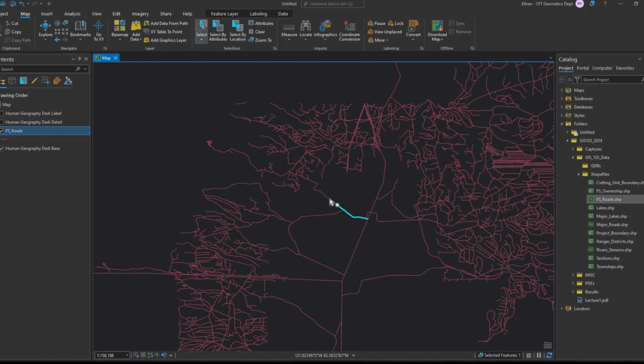If I hold shift when I'm selecting, I can then add to my selection. See how I'm adding? It's not just replacing it. If I let go of shift and then click one, it just creates a new selection. Okay? So I'm going to select a few things here. And now if I go into my table,